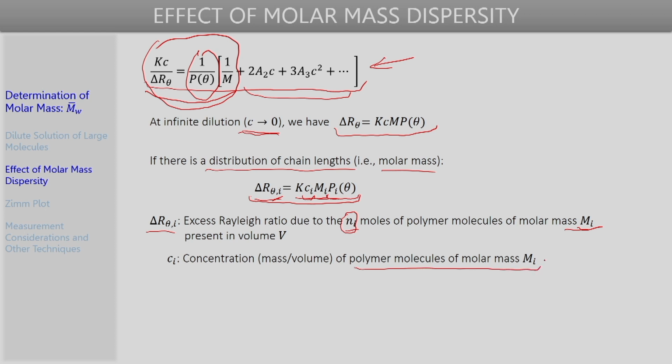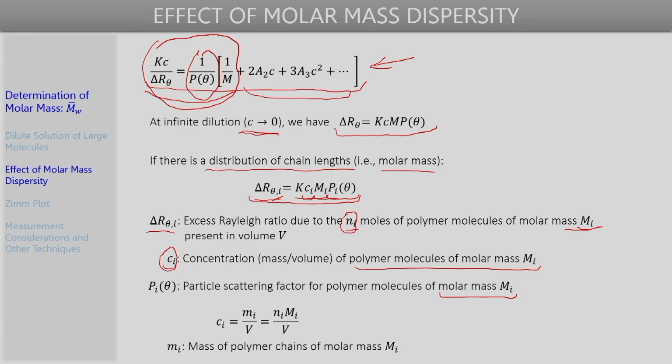It is important to note that in our polymer solution we will have polymer molecules of different chain lengths, and the Ci, let us say, corresponds to the concentration of a collection of polymer molecules out of the total solute molecules present, whose molar mass corresponds to Mi. Similarly, this Pi(θ) is a particle scattering factor for polymer molecules having this molar mass Mi only. Now let us see whether we can write this concentration Ci in terms of some other quantities.